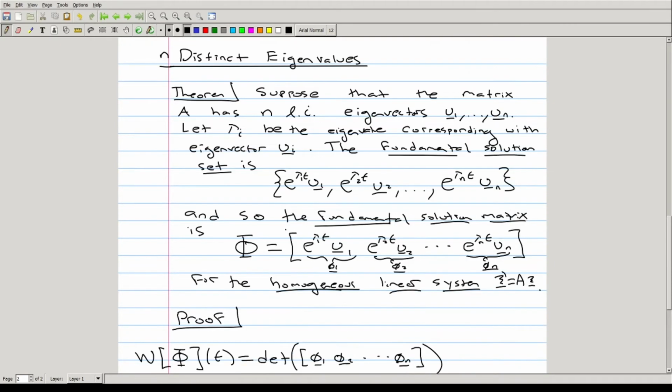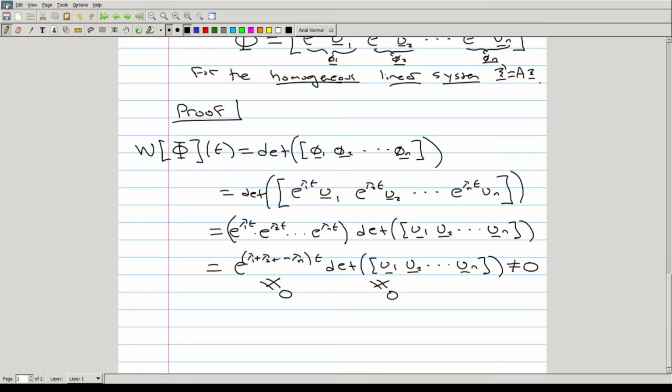Now things will get a little bit more tricky when we don't have n linearly independent eigenvectors, but we have the following theorem that will guarantee that we will always have linearly independent eigenvectors if we have distinct eigenvalues for the matrix A. So if lambda 1 to lambda n are distinct, which means different numbers, possibly real or complex eigenvalues, for the matrix A, or of the matrix A,